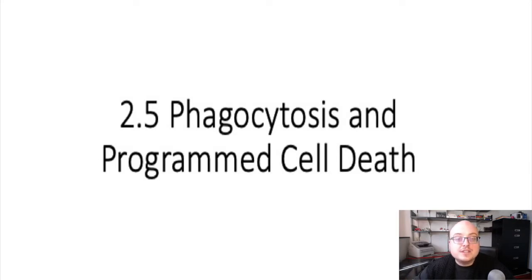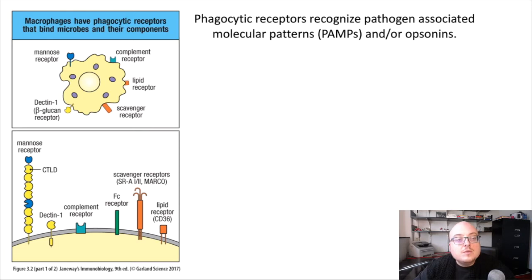We're going to start with phagocytosis, which we've mentioned many times now is important for several features of host control of infection, and then segue into ways that it's actually interrelated with the process of programmed cell death. So we've introduced ourselves to several different types of phagocytes throughout the course. Macrophages, of course, are very famous phagocytes, but we've also discussed monocytes, dendritic cells, and neutrophils.